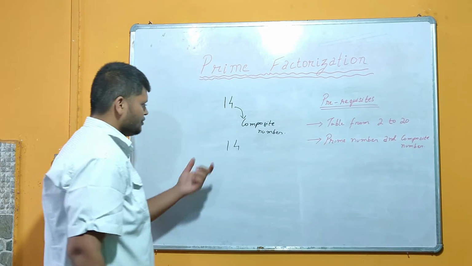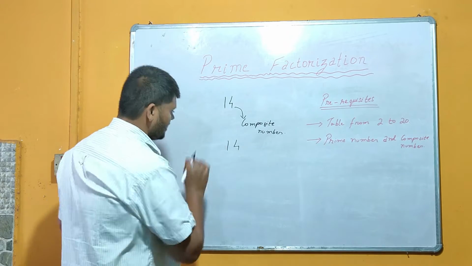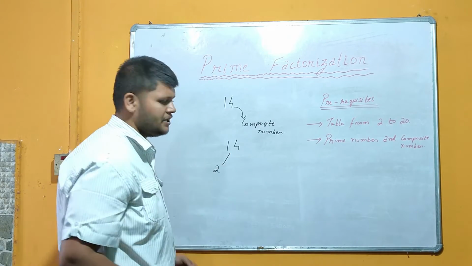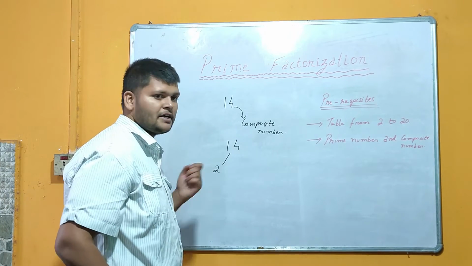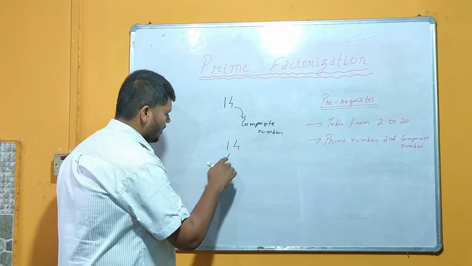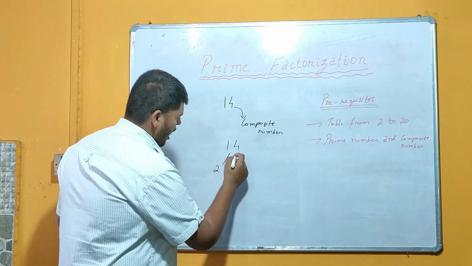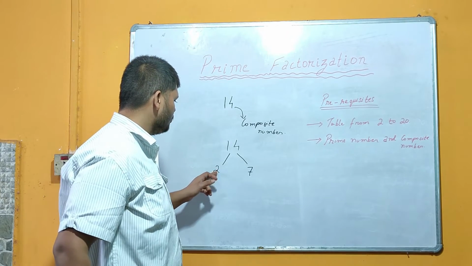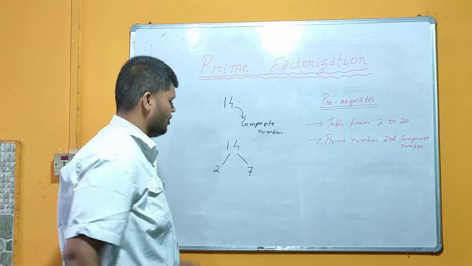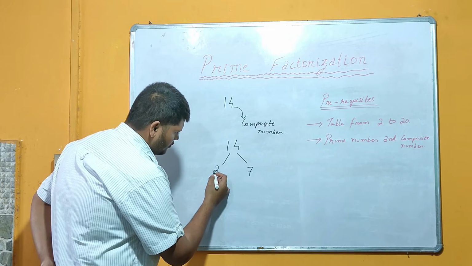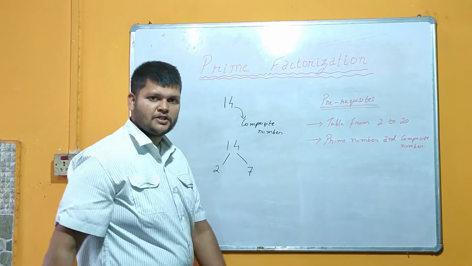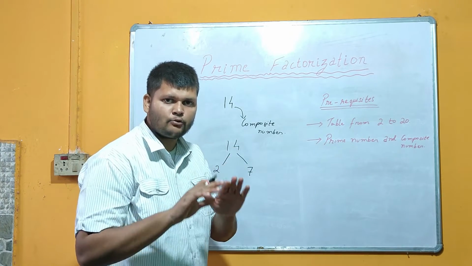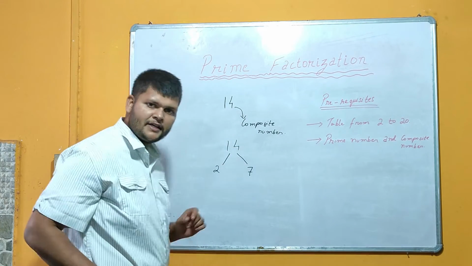After that you write once again 14 and you split this number into two parts. That is, every time you have to see in the table of 2 whether the given number is occurring or not. It will occur in the table of 2 how many times? That will be written over here. So in the table of 2, 7 times this 14 will occur. Now you have to see out of these two numbers which one is the composite number. So 2 is a prime number, this 7 is also a prime number. So we have to stop our procedure over here.